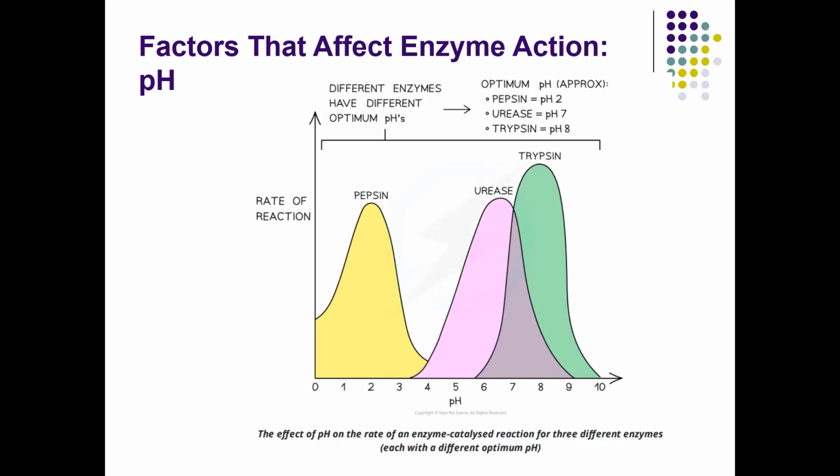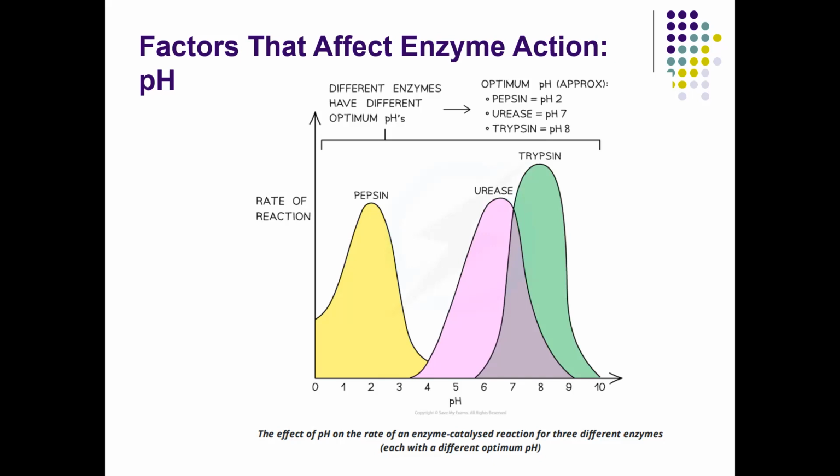So if you remember, the tertiary structure of the protein is also affected by the ionic bonding, so they can be folded. When the ionic bonding gets disrupted because of the presence of hydrogen ions in the solution, it can affect the three-dimensional arrangement of the enzyme molecule. When this happens, the shape of the active site may change and reduce the probability of the substrate fitting into the active site of the enzyme. So a pH very different from the optimum pH can cause denaturation of the enzyme.